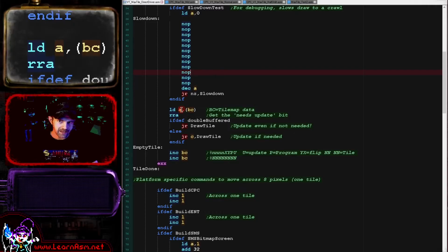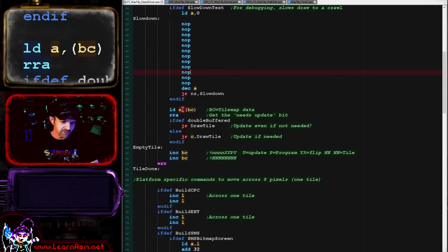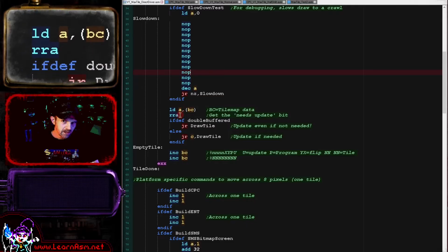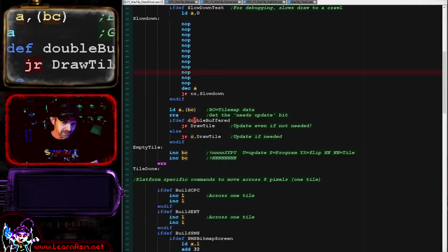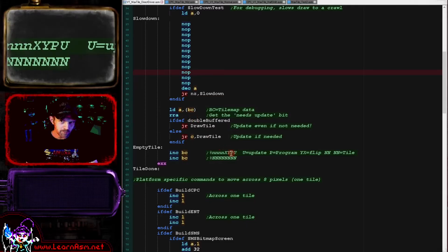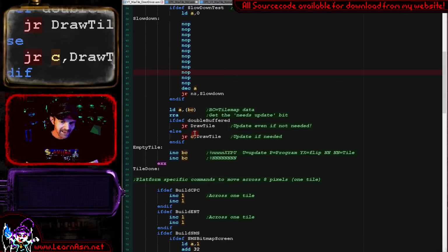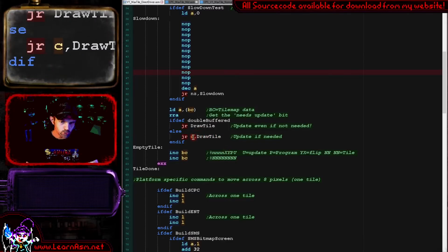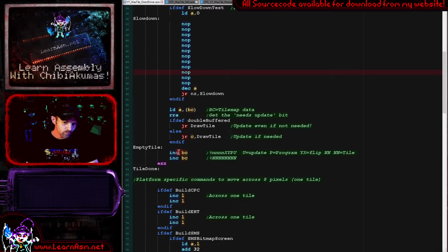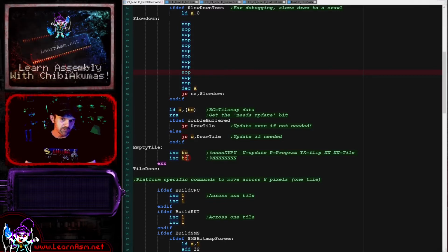And so what we're doing here is we're taking the low byte of the 16-bit tile number, and we're shifting 1 bit out, and that is the update bit. The least significant bit is the update bit, and so we're shifting that out. And if the carry is set, we run the draw tile routine, and then we would move to our next tile. So this is what's going to actually transfer execution to our draw tile routine. I just thought it was important to see what had happened before our code that we're going to look at